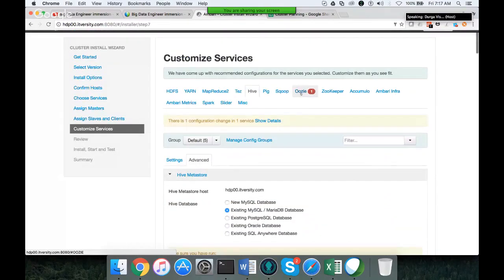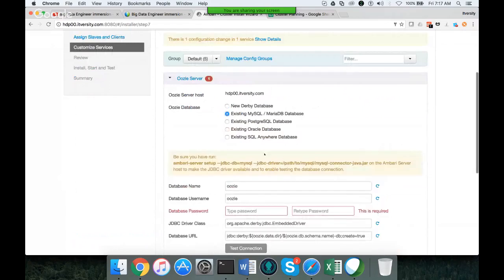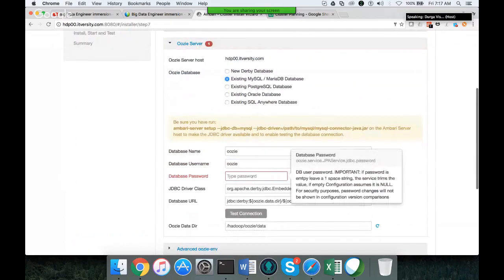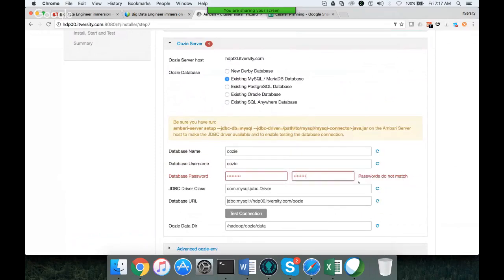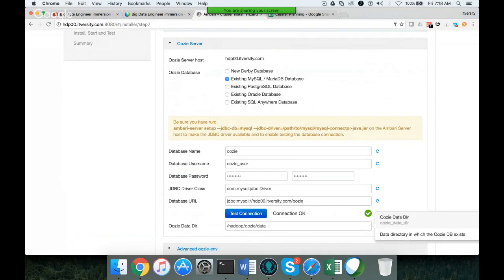And now go to Oozie. Here also it's existing MySQL database. Database name is Oozie, username is Oozie, and password is ITversity. Test connection. Okay, so now